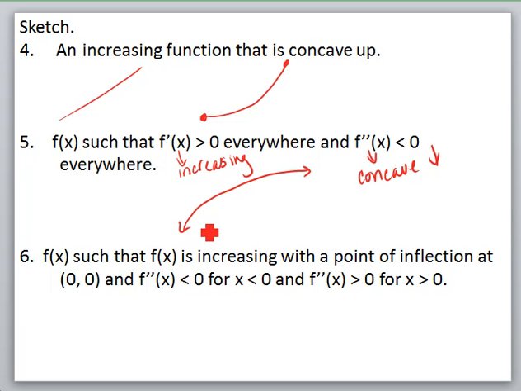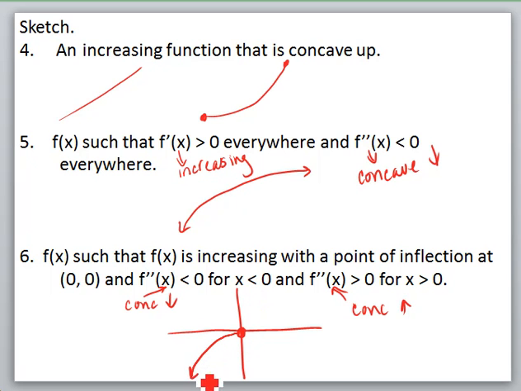The last one of these sketching says that we're going to create a graph that is increasing with a point of inflection at 0, 0. So I'm going to go ahead and just start to draw this graph. I've got 0, 0 as a point of inflection, meaning it's either changing from concave up to concave down or vice versa. Right here it tells me this is concave down because it's less than 0. And this means concave up because it's greater than 0. So when it's less than 0, I want it to be concave down, so I'll make it look like that. That would be concave down. And then at 0, it changes and it becomes concave